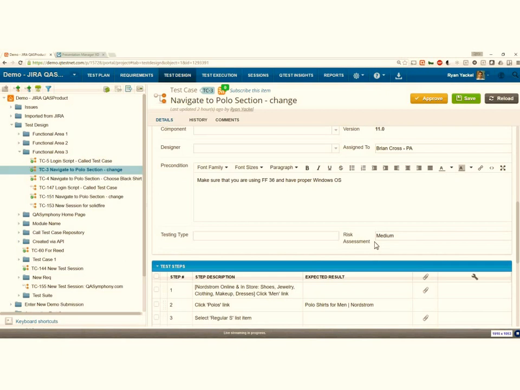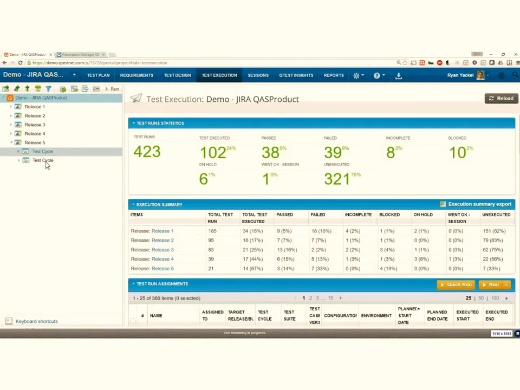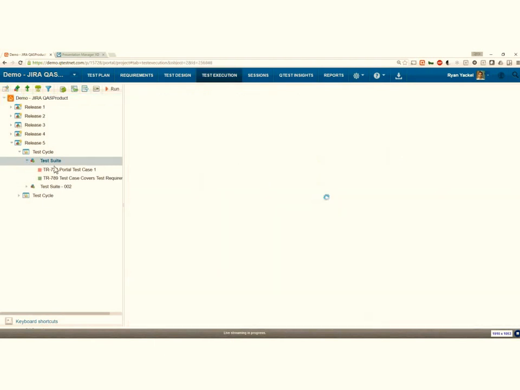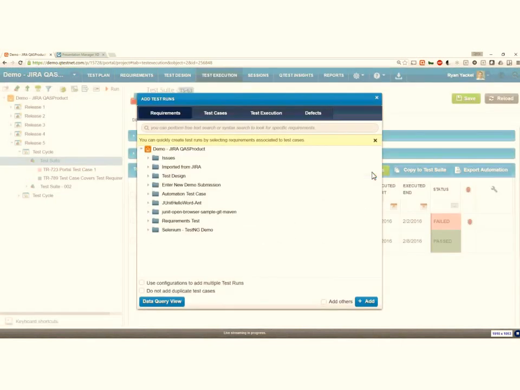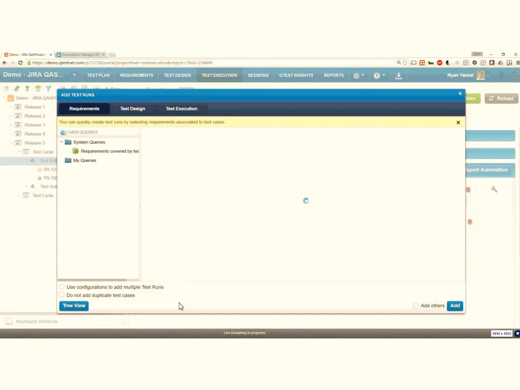And so if I ran this test case multiple times, and this risk assessment was across all these different test cases, I may want to pull back only the test runs that are failed and have a risk assessment of medium or high. And that's what we can do with our new data query enhancement, which is if you come in here and you select the test suite that you want to execute, I'll go ahead and show you just in the top right corner here, when you add your test runs and you enter into the data query, you've got multiple options now when you actually select the